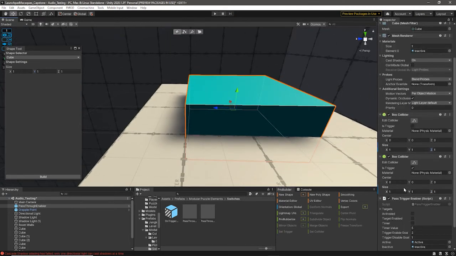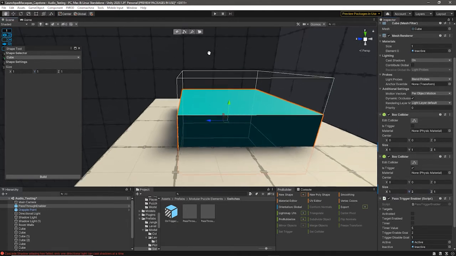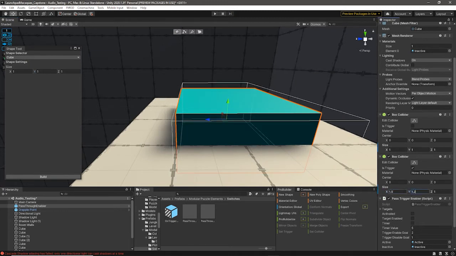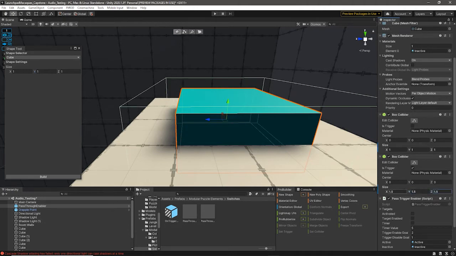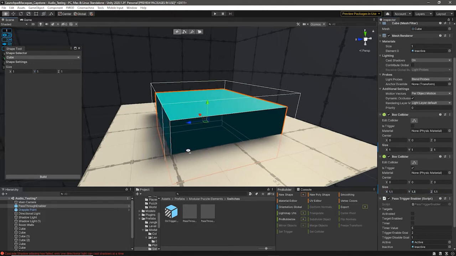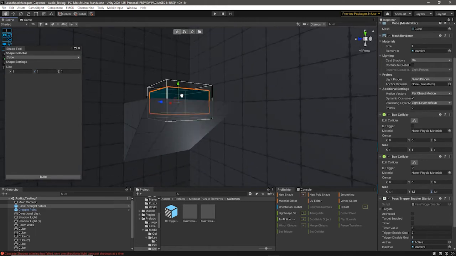And then we're going to grab the trigger, and we're just going to make it a little bit bigger than it needs to be, because we want the player to be able to kind of nick it. So we'll make it 1.5. Maybe just 1.1 is fine. Okay, so now